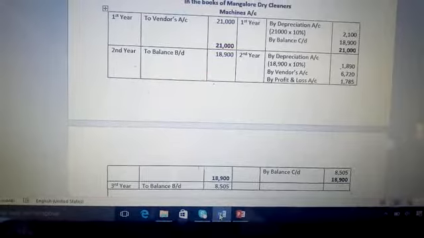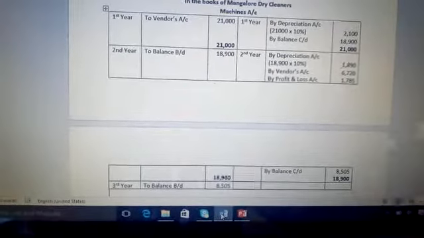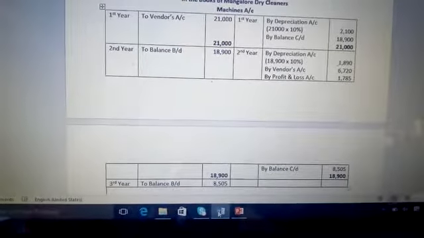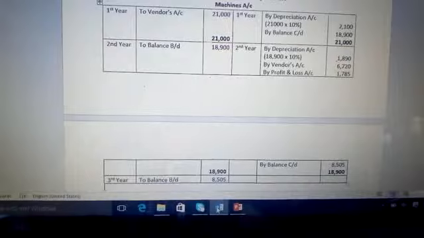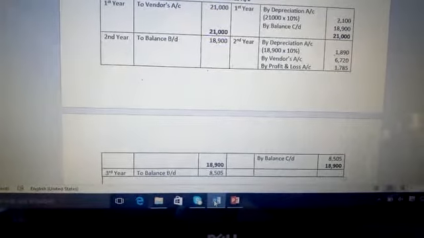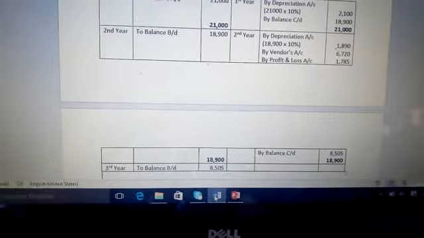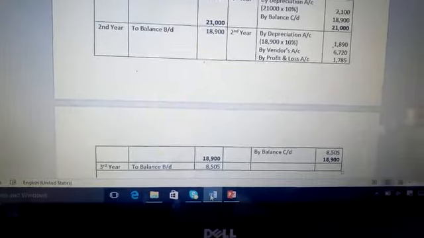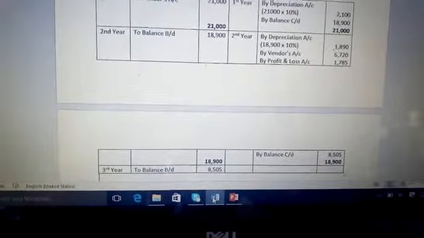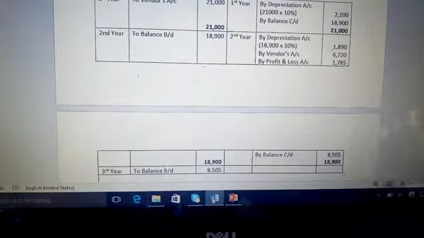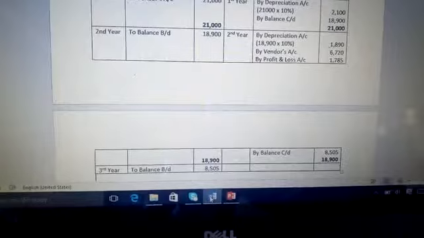The balance is brought down. Next, as usual, we will charge the depreciation. So after charging depreciation, we need to record 3 entries. First, for repossessing the stock. Second, for transferring profit or loss on repossession. And third, for recording the value of the retained stock. And all these 3 figures will be there in the statement showing the value of repossessed stock and retained stock that we discussed earlier. Okay.